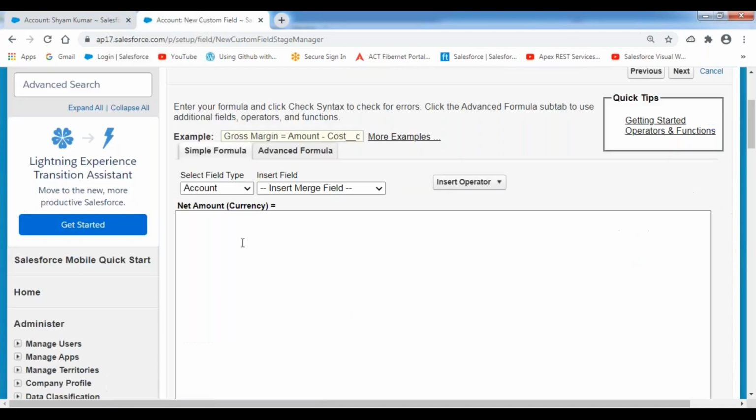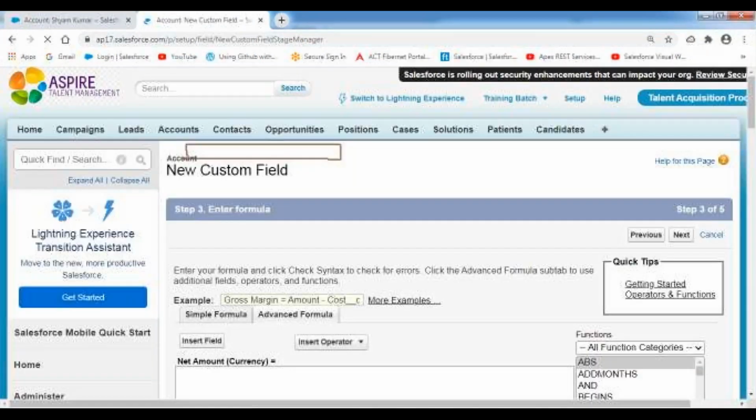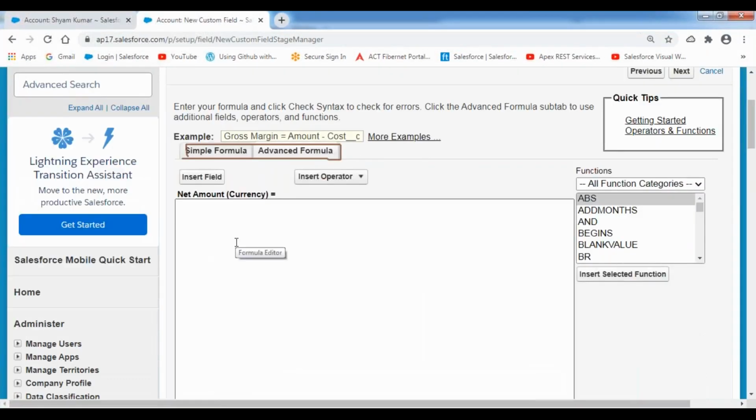Specify the formula over here. Upon preparing the formula, you will have two tabs available: Simple Formula and Advanced Formula. Better you go with the Advanced Formula tab. You will get more options directly. Now here we can raise a question: sir, should simple formulas be prepared using the Simple Formula tab, and complex formulas using the Advanced Formula tab? No, not like that. You can use anything, no problem. So select Advanced Formula.